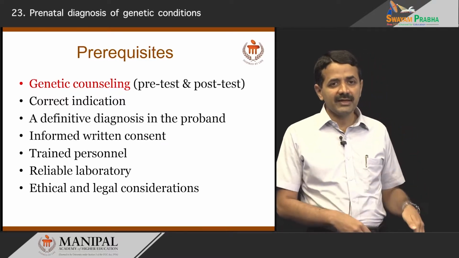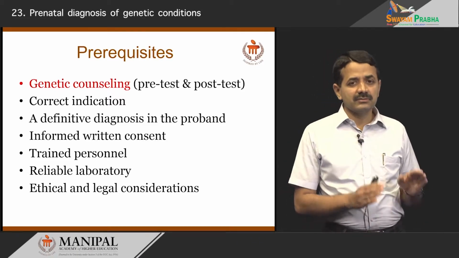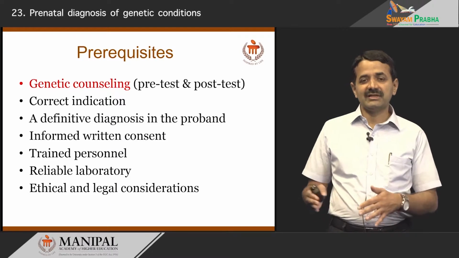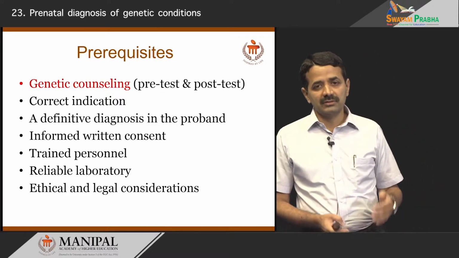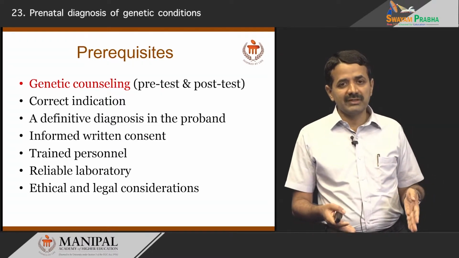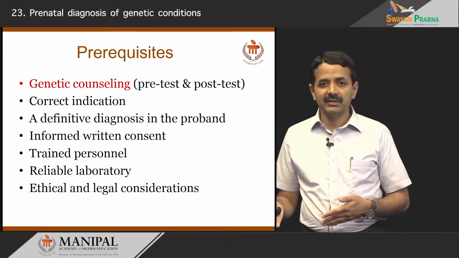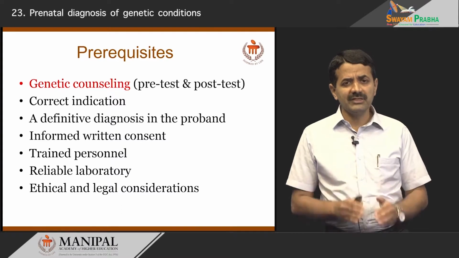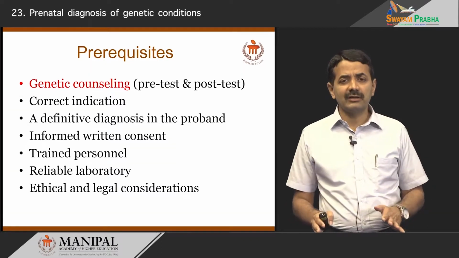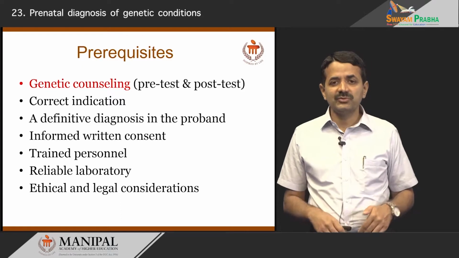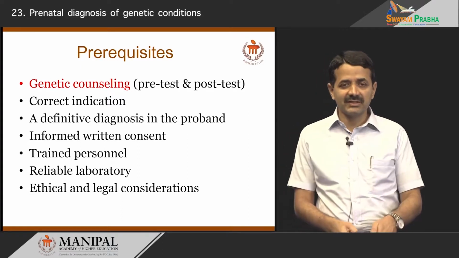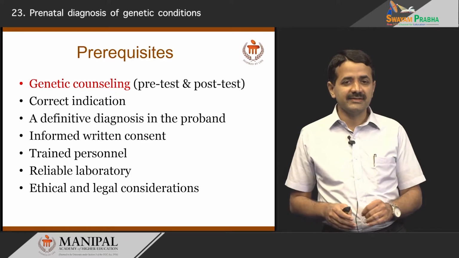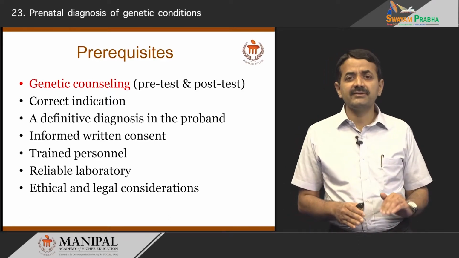So, we need to identify what the genetic problem in the family is beforehand, unless it is something like Down syndrome, where we know it is chromosome 21 which is increased in number. Otherwise, for monogenic diseases, we need to know what we are looking for. We do not have a test which can look at all the diseases in one test. Usually it is a specific test for a specific genetic condition, and we should have a definitive diagnosis in the proband